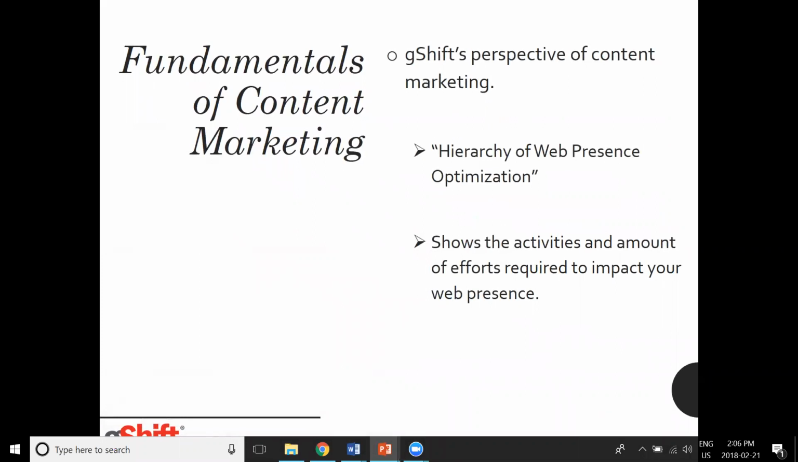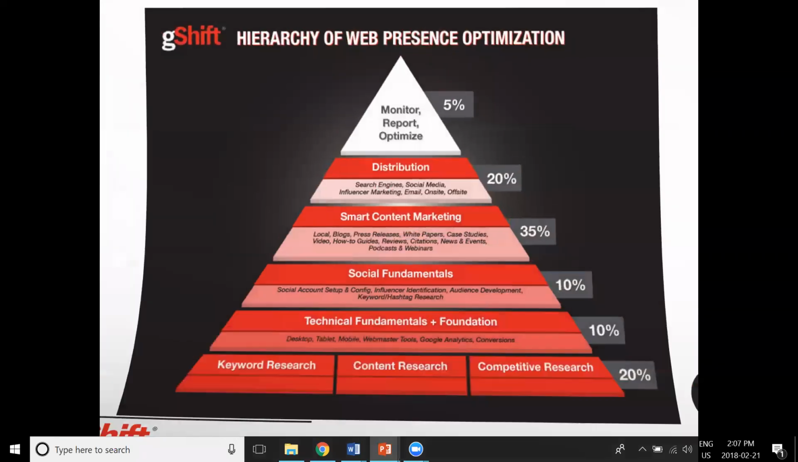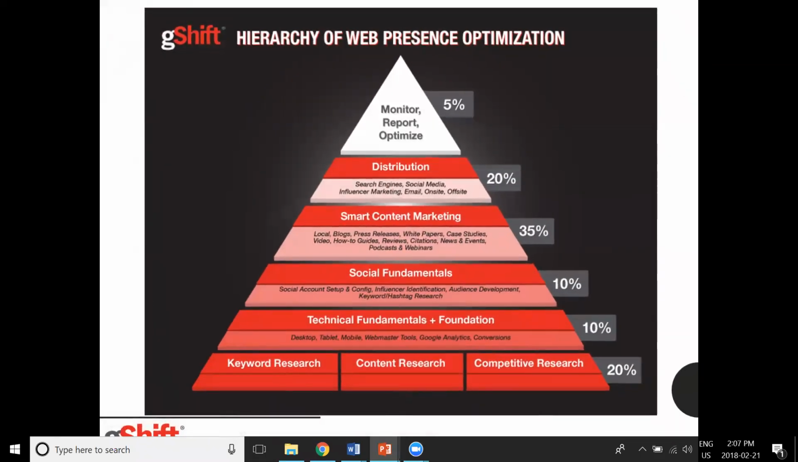G-Shift has a slightly different perspective of content marketing, and we've developed and defined it through our hierarchy of web presence optimization. Within this hierarchy, you'll see the activities and amount of effort required to impact your web presence. So this is what we've developed. At the bottom of the hierarchy, we've got keyword research, content research, and competitive research. And that accounts for about 20% of the efforts